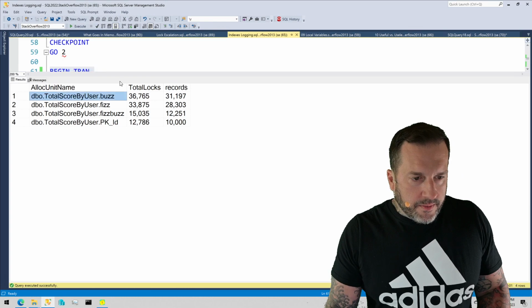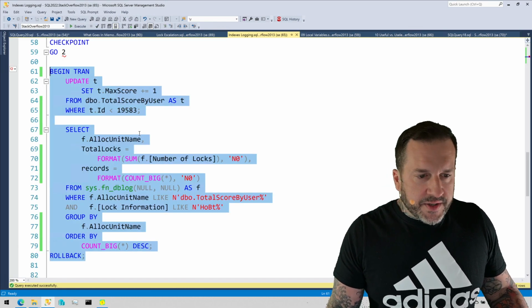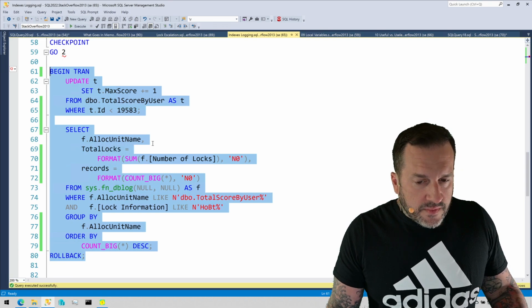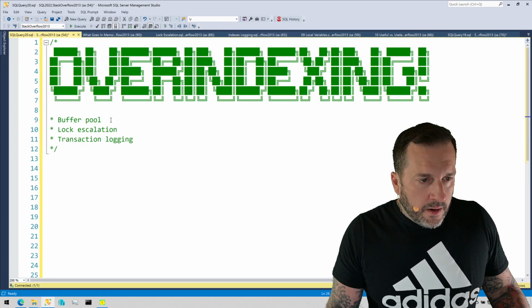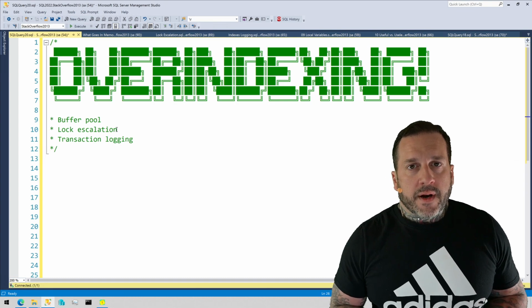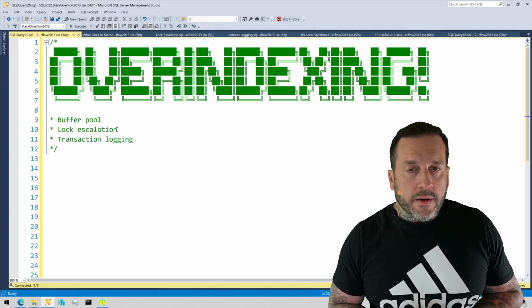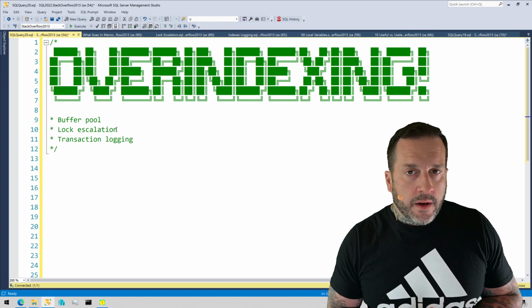But that's a little bit more of an edge case. So we have all that. Anyway, those are three ways that I find people are rather surprised by